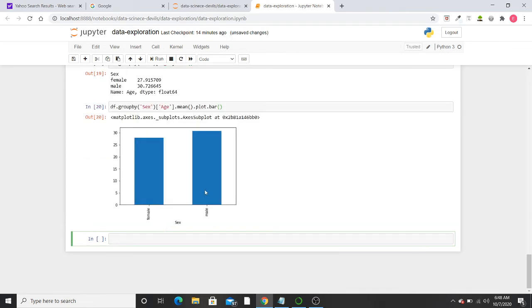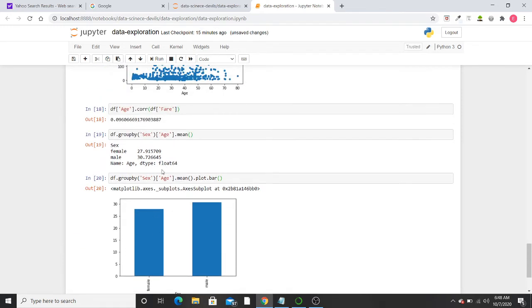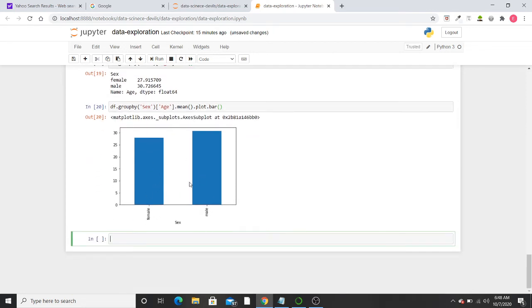So the mean age of male, which is 30 here, and the mean age of female, which is 27.91. So this is the mathematical view and this is the visual view.